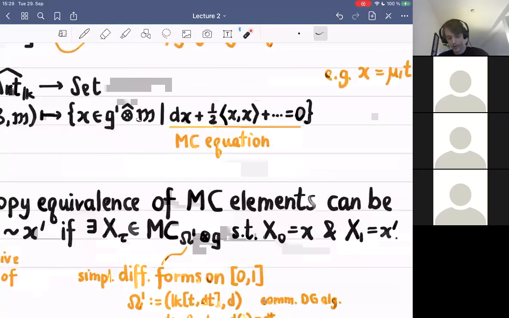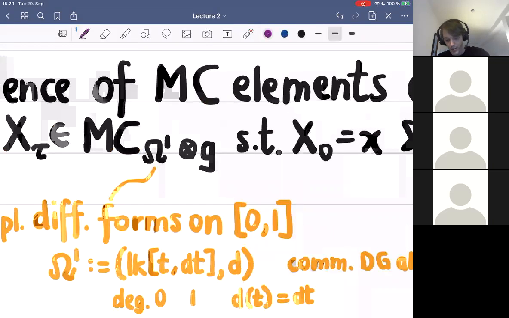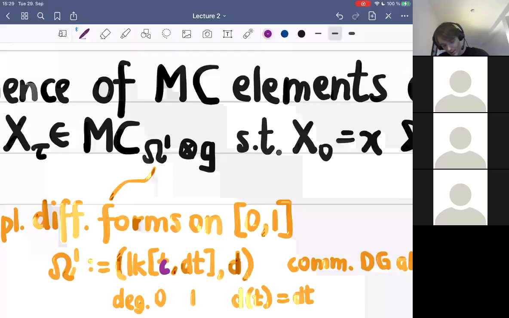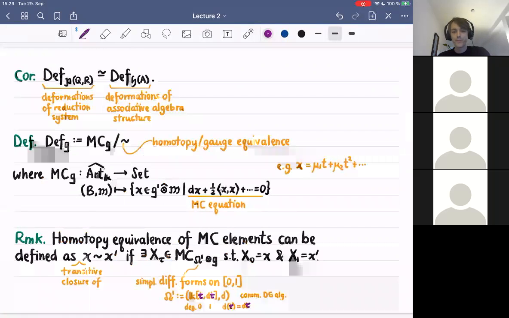Maybe this was not a good idea, so we call this tau, d tau, because t was already the parameter of the deformation. Okay, and you want to look at the Maurer-Cartan elements of this new L infinity algebra, and such